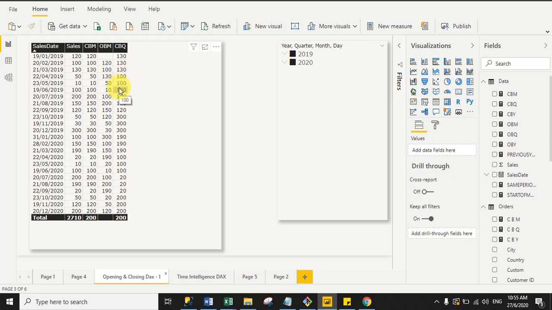Now move to quarter 3, which starts from July, August, September and ends with September. In September, the last day sale is on 22 September 2019, and the sale value is 120. So that's why it is returning the same sales value 120 against quarter 3. See, July 120, August 120, and September 120. So hope you are clear how closing balance quarter is working here.